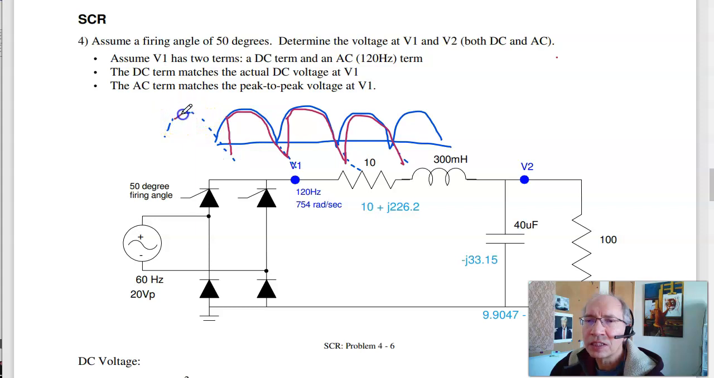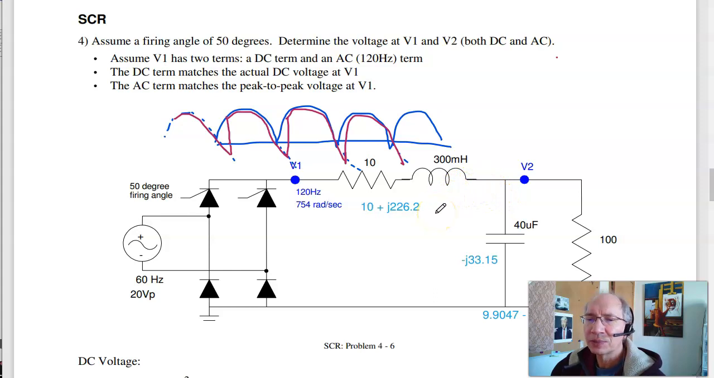That's the 4-diode version. There's a 5-diode version that's my preference, but 4-diode is really what's more standard. By varying the firing angle between 0 and 90 degrees, I can change the DC level. Problem 4 is analysis. If the firing angle is 50 degrees, find the voltage of V1 and V2, both DC